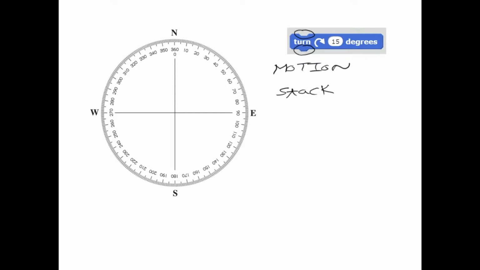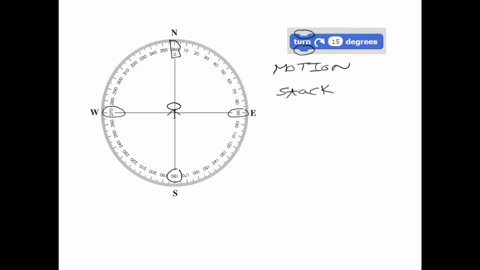Every circle has 360 degrees total. And you have 10 incremental, so 10, 20, 30. Now you have 90 here, and then you have 180, and you have 270. And then 10 incremental to 360. By default, when you add any sprite to your project or your stage, let's say you have this